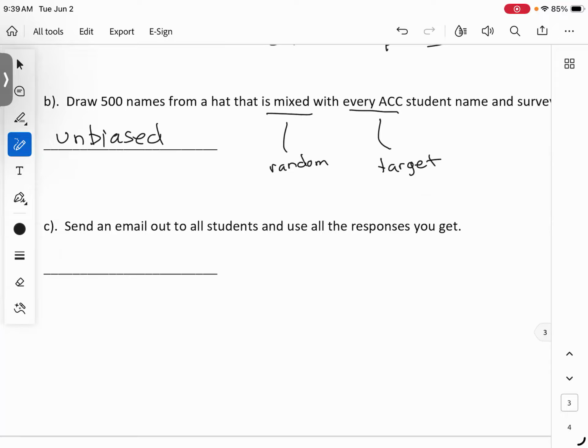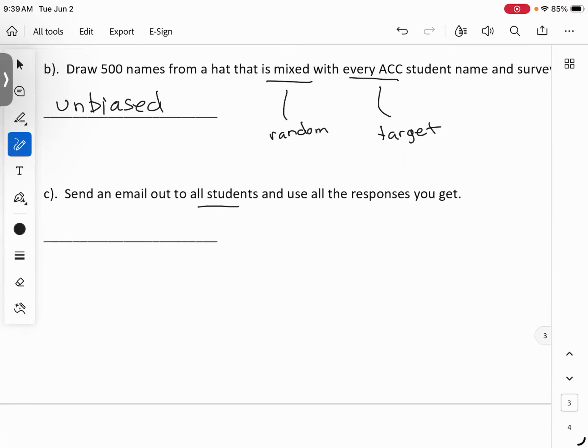The other thing now is what if we were to send an email, but it is sent out to all students? Would this be biased or unbiased? Again, really trying to hammer it home today. What's missing? The randomness. If you send out a big email, that's going to help you get a lot more people probably to respond, but it's biased. But the way that we would fix this is that we need to